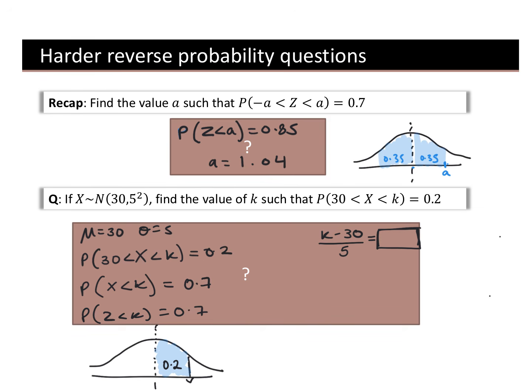So I get my magic table. I have a look at 0.7. 0.52. So K equals 0.52. That's what I'm going to put here. 0.52. To find my actual value, multiply by 5 and add 30. Therefore, our K, back in terms of our X, is